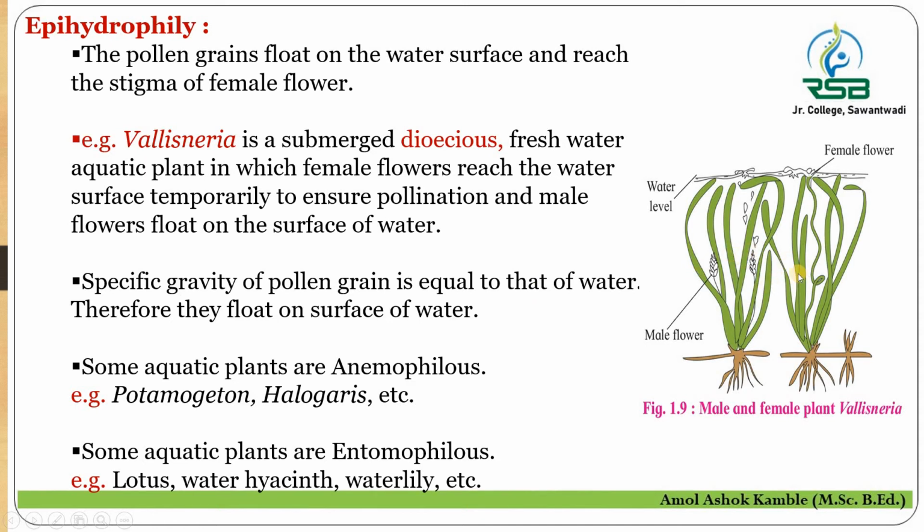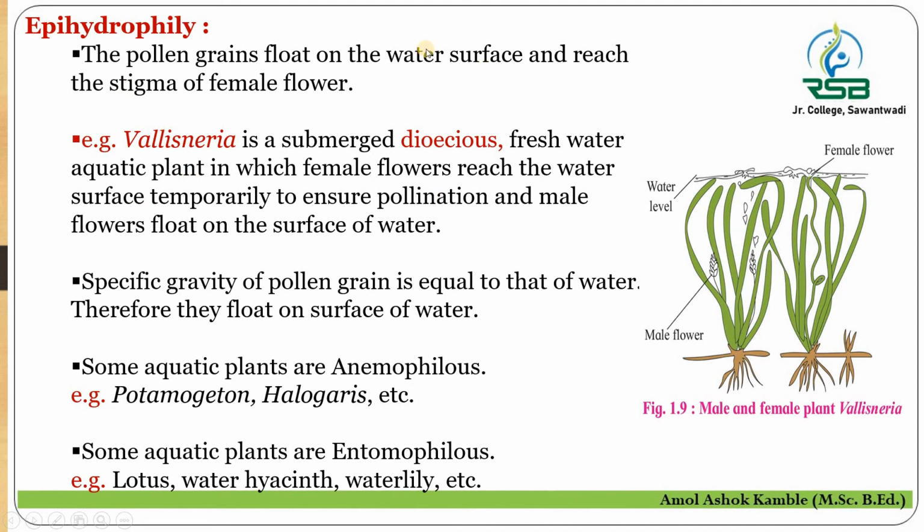The specific gravity of the pollen grain is equal to that of water. Therefore, the pollen grains easily float on the water surface. When these pollen grains come in contact with the female flower on the water surface, pollination takes place. Some aquatic plants like Vallisneria show this epihydrophily type of